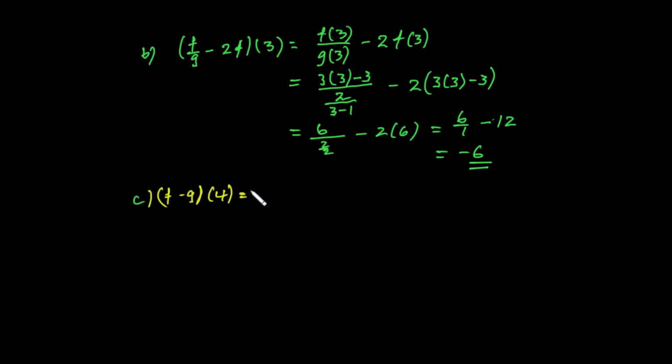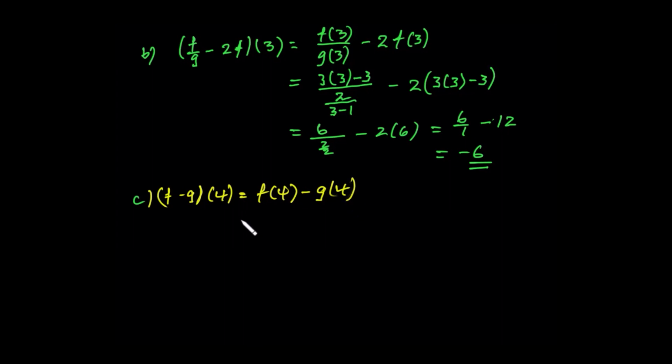ወደ c እንሂድ። c f minus g of 4 ነው ኢቫሉዌት አድርገው ያለው። this is simply f of 4 minus g of 4። የግድ ኮምባይንድ ፈንክሽኑን ማግኘት የለብንም። ስለዚህ በዚህ አይነት ደግሞ በቀላሉ ካልኩሌት ማድረግ ትችላላችሁ ማለት ነው።